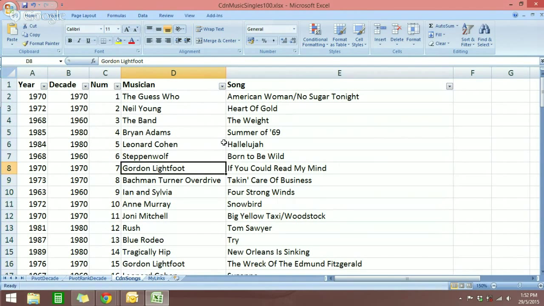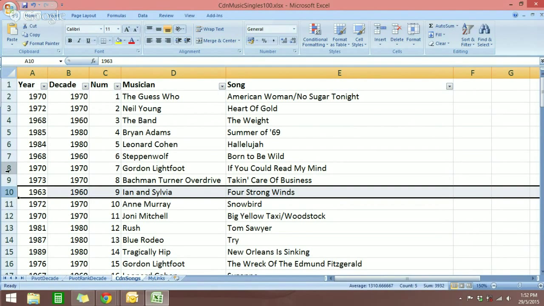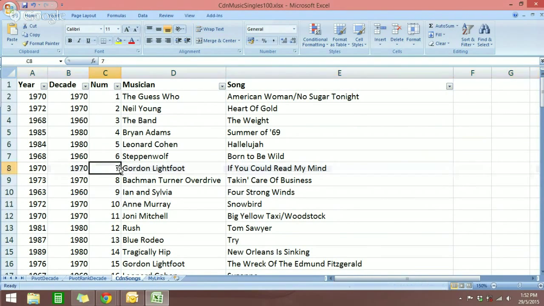The second shortcut is how to select a specific row. If you use a mouse, it's the same thing. You have to take your hands off the keyboard, and you have to go to row number 6 and press here to select the entire row, or row number 10, or row number 8, like this, right? But if you do not want to take your hands or fingers off the keyboard,